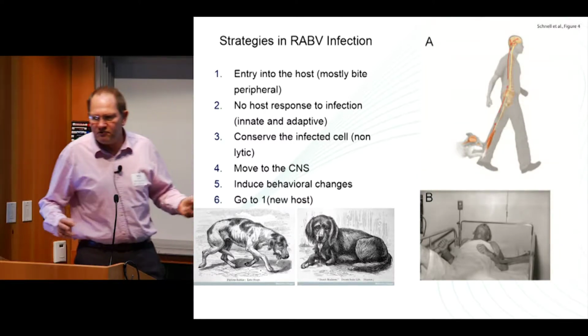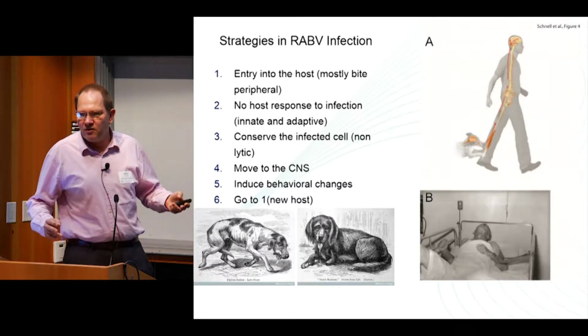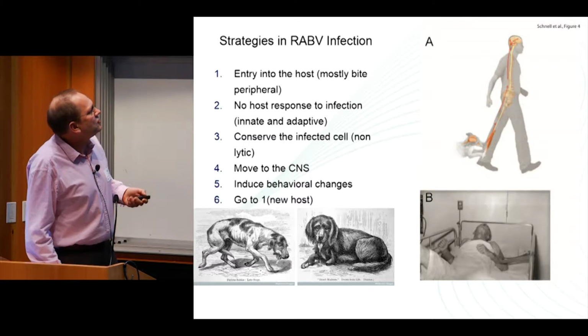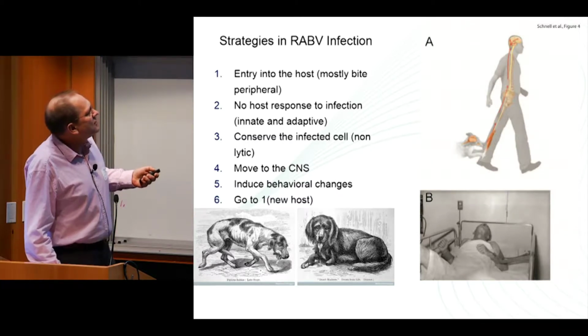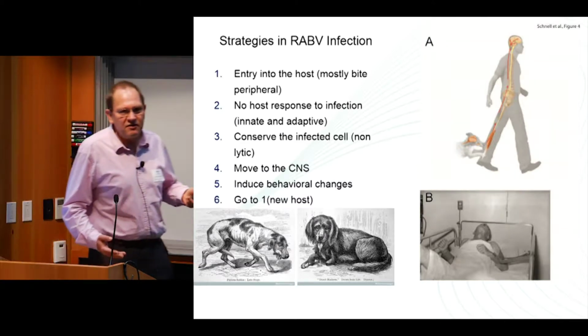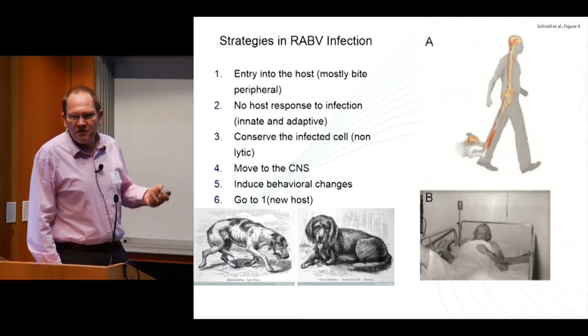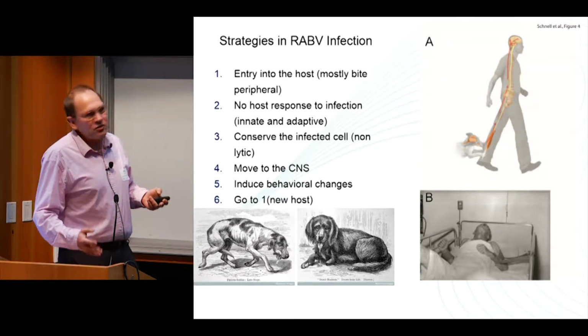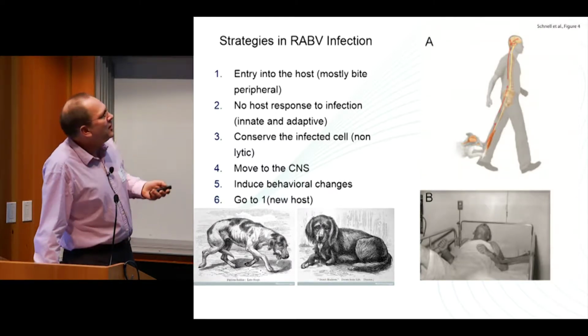We know exactly how fast. It's about 1 millimeter each hour. It travels up, so you can calculate from that when it will reach your brain. It moves to the CNS and then it induces behavioral changes. I mean, it's all pretty fascinating for 5 genes, you know. It infects areas which normally are in charge of your emotion, and that makes aggressive behavior.